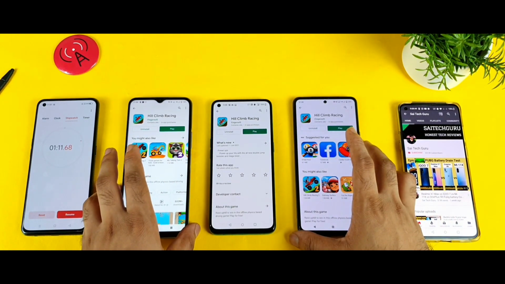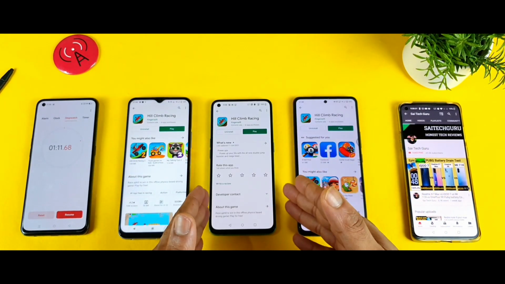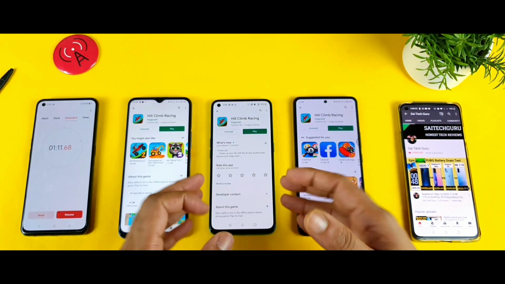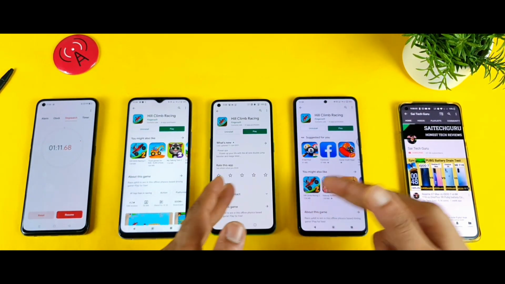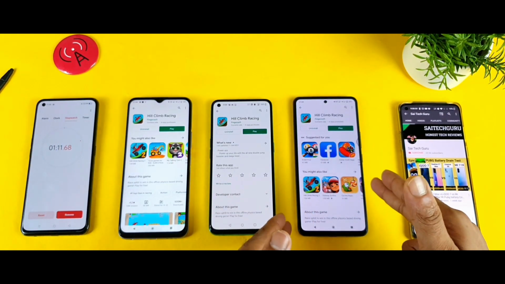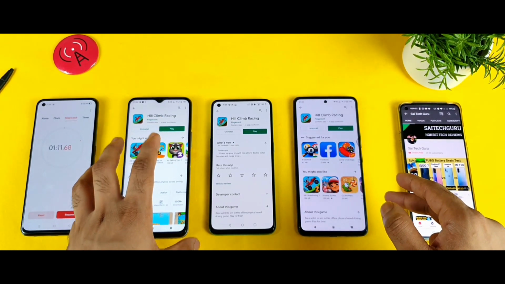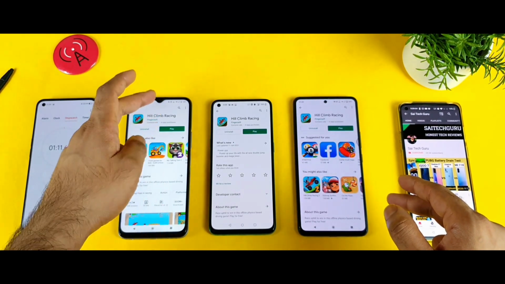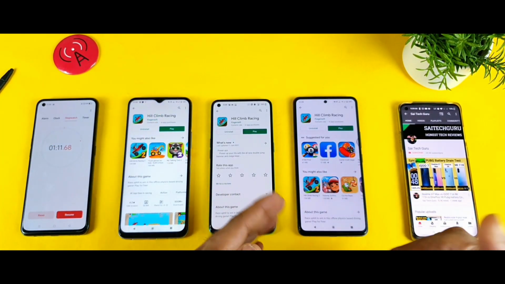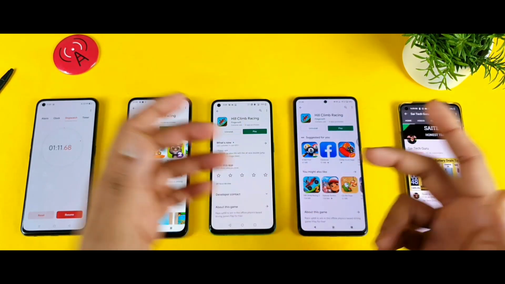So this is my complete overall conclusion, friends. So right now the top phone is the OnePlus Nord, which downloaded really faster, 44 seconds of time, and the iQOO 7 phone took about 1 minute 11 seconds of time. This is the second winner, and the third is the iQOO Z3, which has got 1 minute 30 seconds of time. I did see the high speeds in this iQOO Z3 as well. So let's wait for the update to fix in the iQOO 7 as well, maybe in the future.